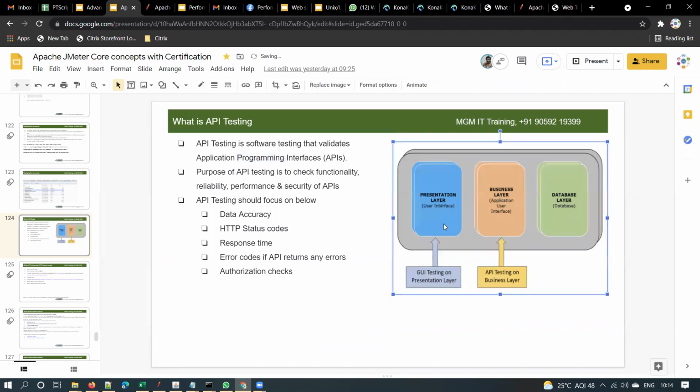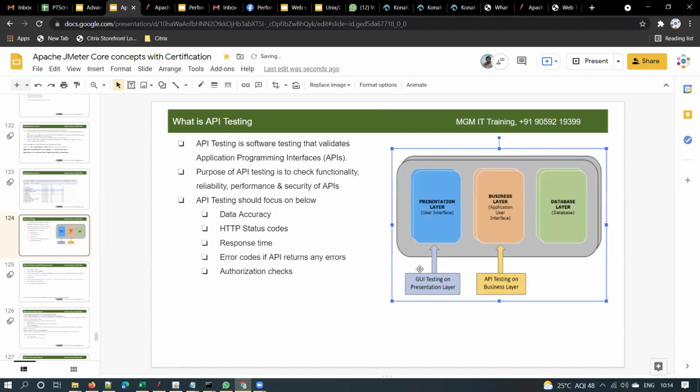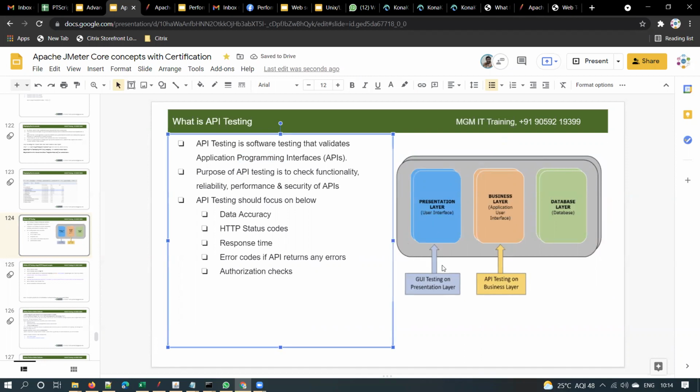But if you want to do any performance testing or functional testing for an application, and you want to do GUI testing, you have to wait till the presentation layer is developed, right? And the presentation layer is subjected to changes very frequently. So that's why, instead of waiting for the GUI development,